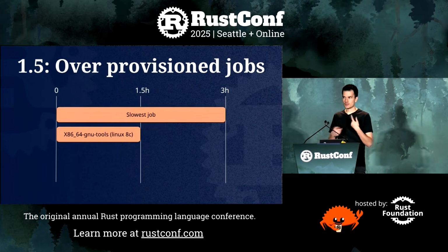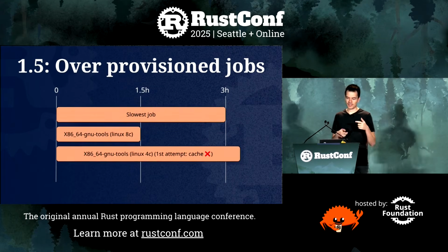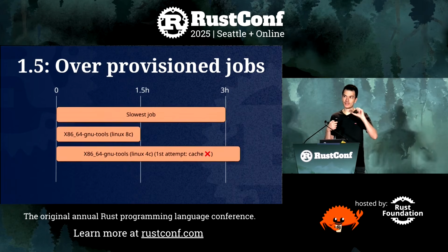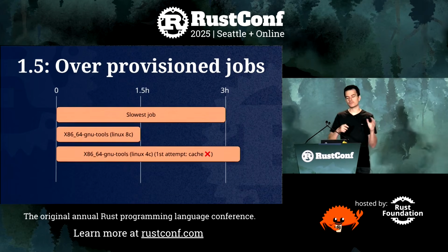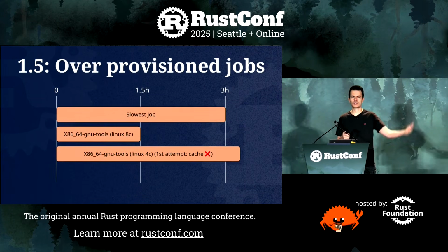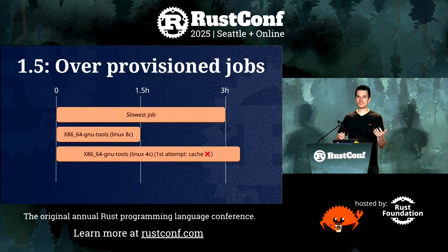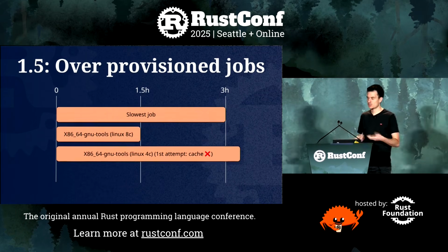Sometimes, yeah, this process was a bit more involved. I found out the hard way that when you change the runner of a job, you invalidate the cache. So we cache a bunch of stuff in the Rust CI. One example is LLVM. Whenever there is a cache miss, the job needs to recompile LLVM, which takes time, of